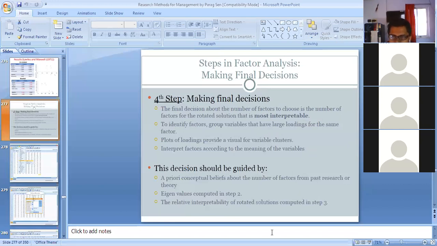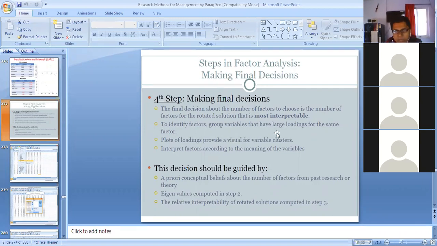After that you need to collect the data from the respondents, and you need to validate the framework that you have proposed. The framework means the underlying variables of a particular factor or construct, and you check whether that is actually correct. So you need to do this kind of confirmatory factor analysis by following these steps.